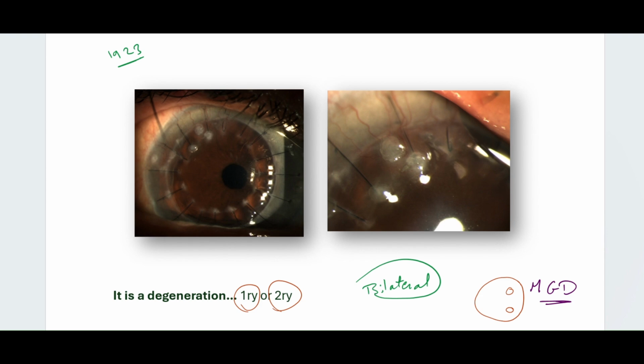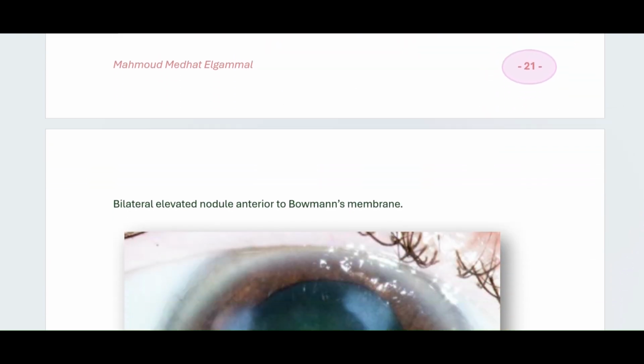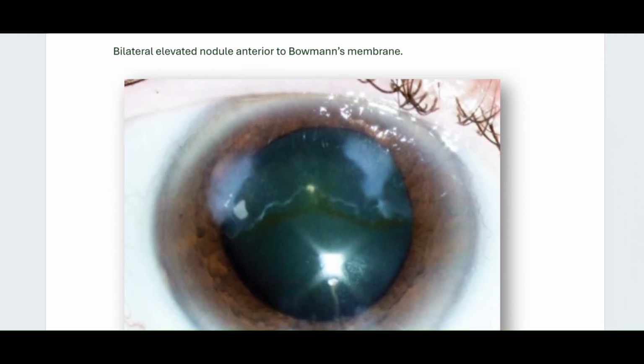It might resemble vernal keratoconjunctivitis, the limbal reaction in vernal keratoconjunctivitis. It also happens in keratoplasty at the edge of pannus, either from VKC or from other ocular surface inflammation. It's a bilateral elevated nodule anterior to Bowman's membrane. Not necessarily rounded, it might be irregular in shape. As you can see, there are two nodules here, typically in the mid-periphery of the cornea,